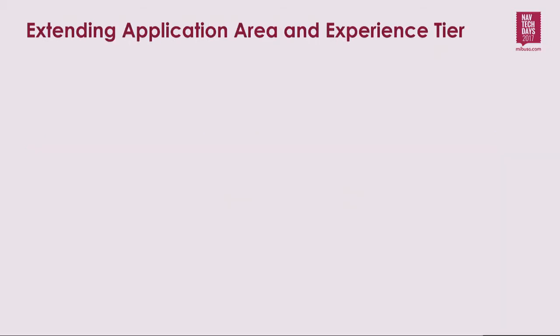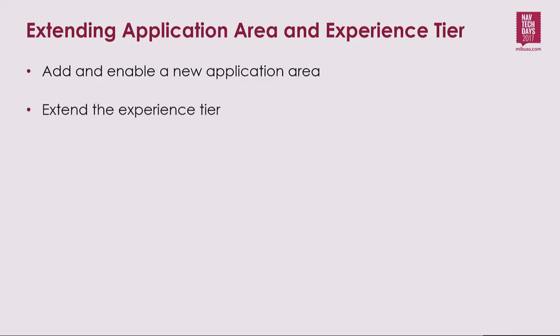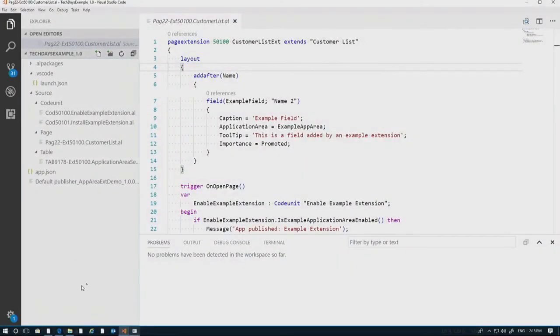In this example, we are going to lay down the foundation for an extension using the application area. We will do that by adding and enabling an application area, extending an experience tier by adding new application areas and modifying existing ones, and finally validating the application area and the experience tier. So I have prepared a solution in Visual Studio Code